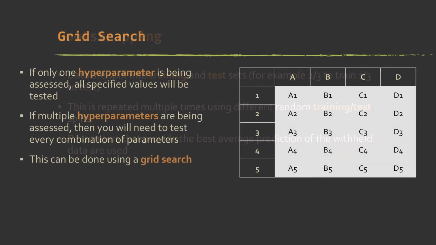Okay, so how do you actually determine what hyperparameters to test? There are different ways to do it. There are Bayesian techniques and such. I'm just going to explain the grid search method. The idea here is that for each hyperparameter, you select a set of values to try. And then you have to actually go through and try each combination of the hyperparameters.